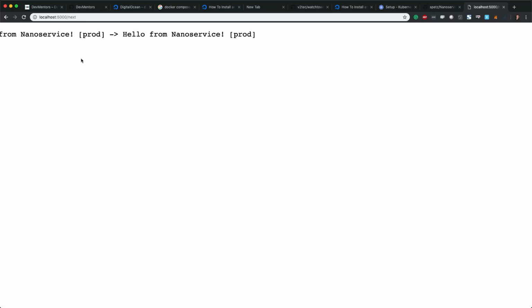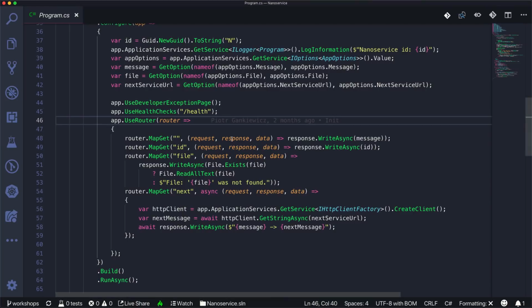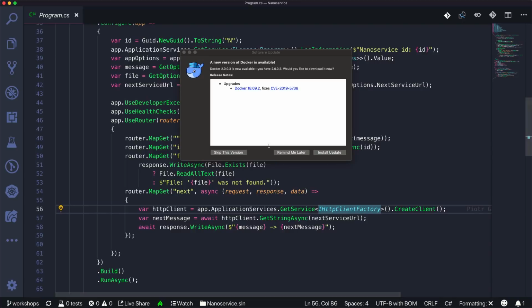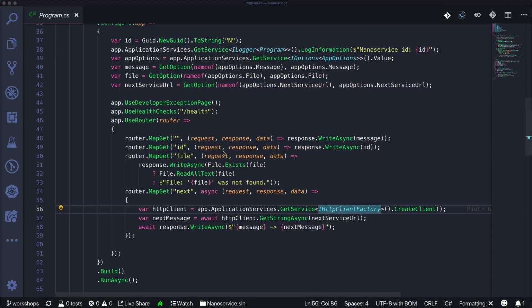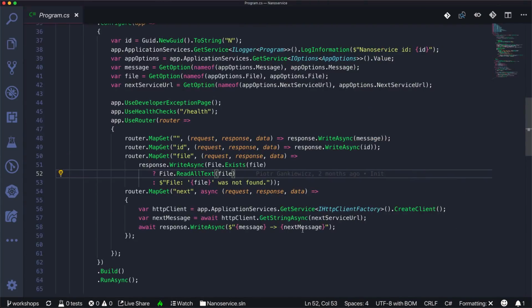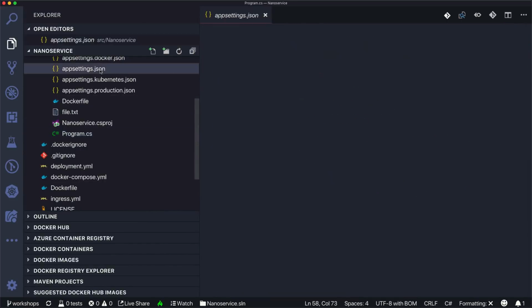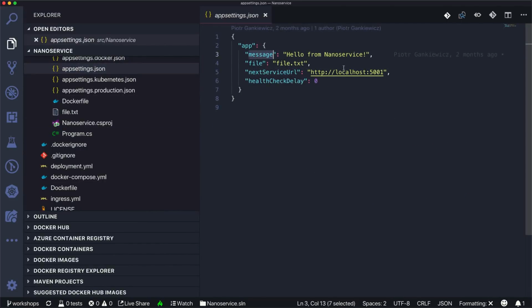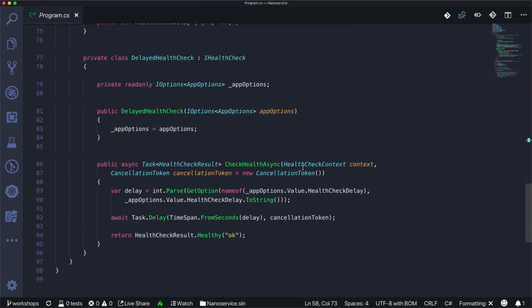Okay, it works. So you can see the 5000 message, and then it asks the service on 5001 to grab this message through HTTP call, and return it here. And you can find in the app settings JSON that you can override the settings here. And you can also override the settings through the environment variables,